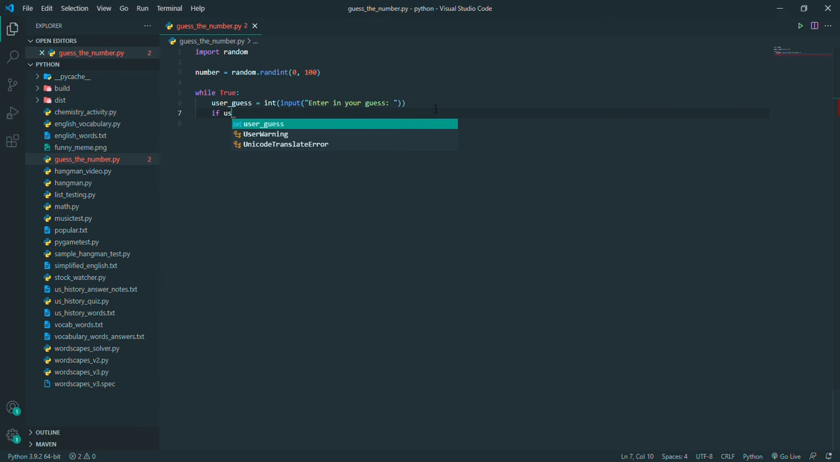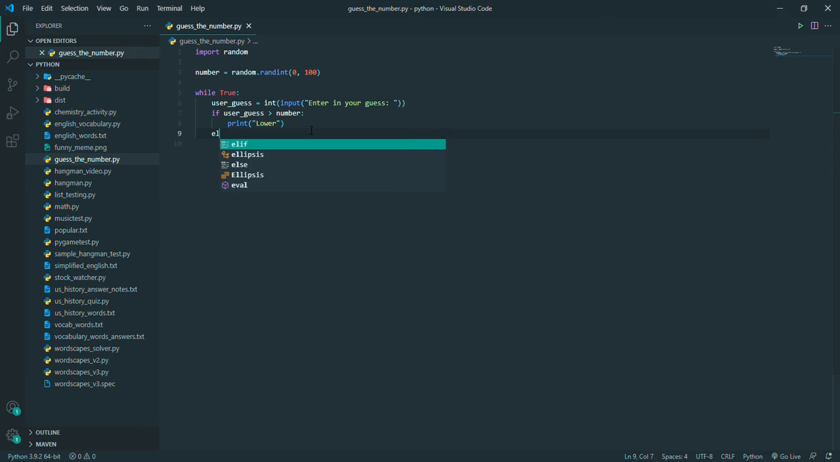So we can say if user_guess is greater than number, print lower. Oops. So basically what we're doing here is we're saying if the user guessed too high, we're simply going to print lower. My bad. And we can do the same thing if they guess too low. So we're going to say elif user_guess is less than number, print